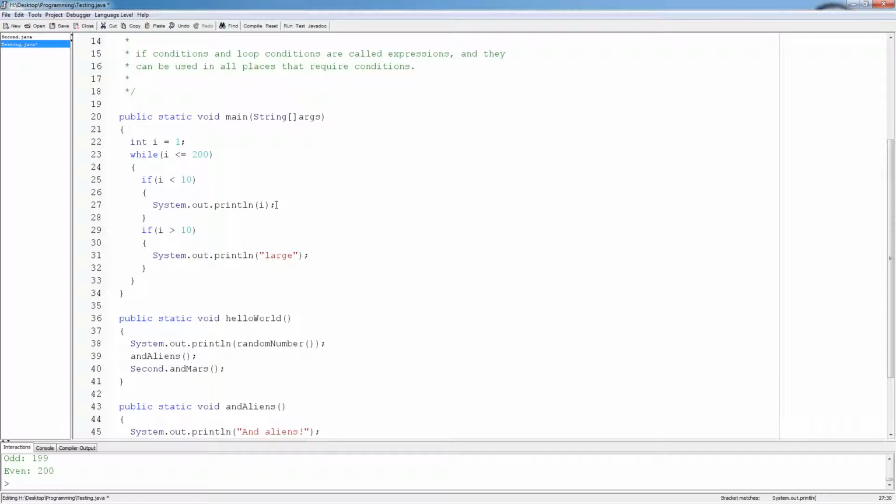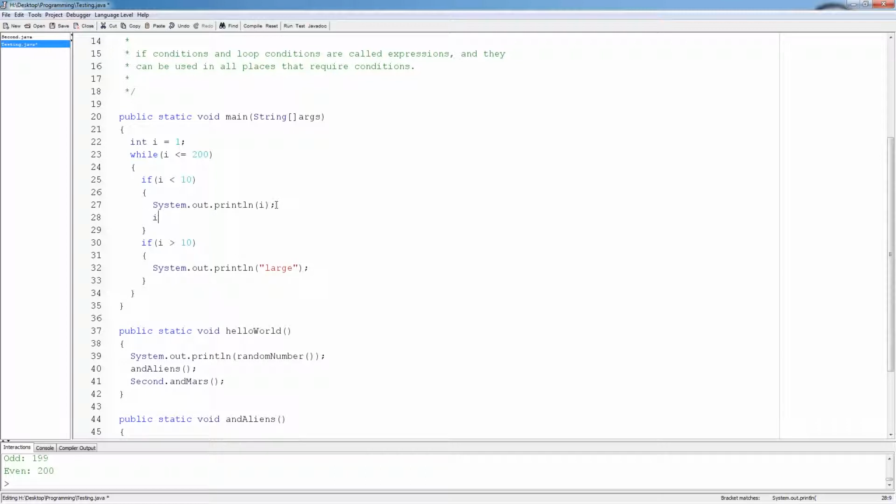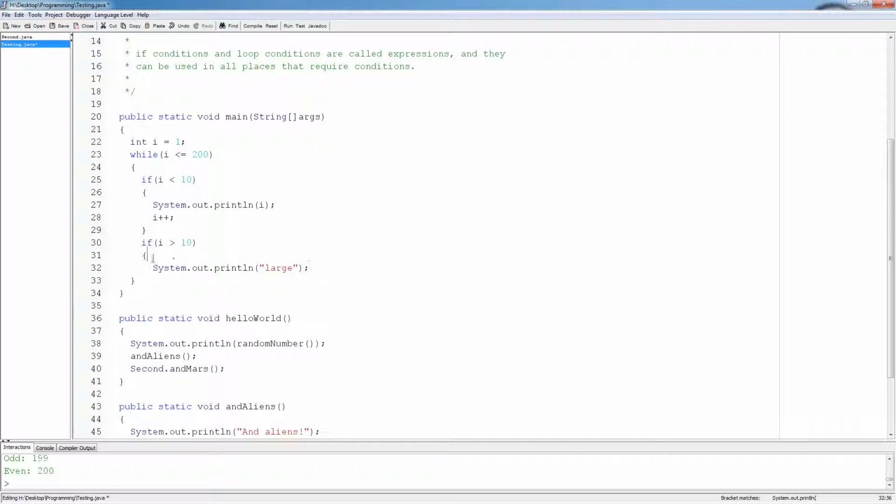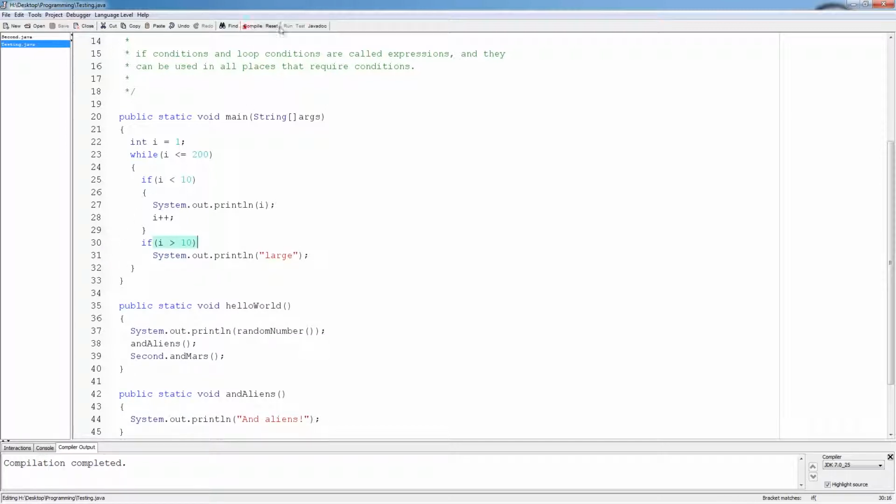And then in here, we're going to add to i. Actually, so we don't need these here. It's only one line. What's going to end up happening here? I'll show you what happens. We end up stuck in a while loop